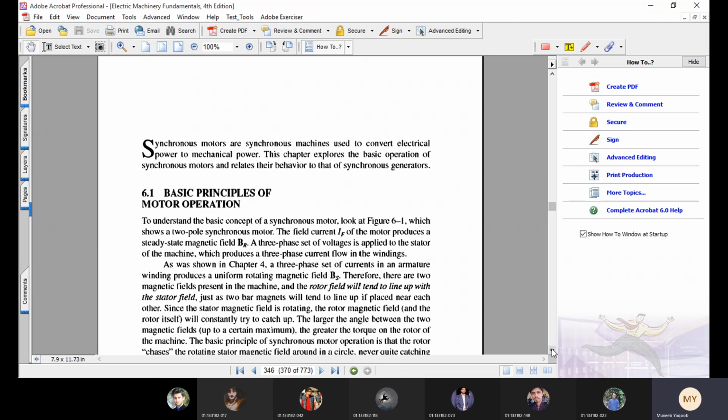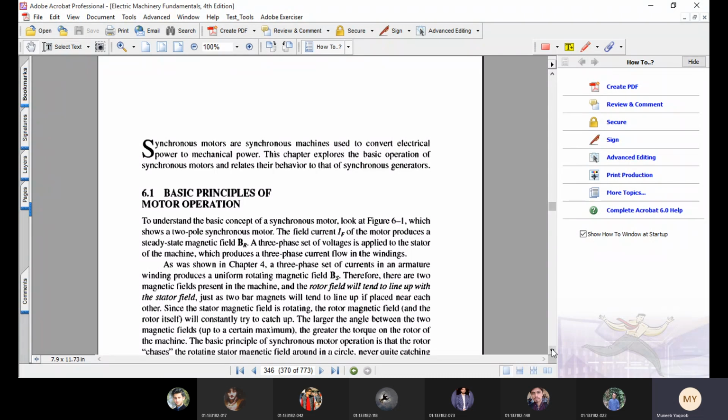These are a three-phase set of voltages that are equal in magnitude and differ by an ideal 120 degrees. These voltages produce a rotational magnetic field Bs. We provide the rotor winding with a fixed DC supply, so it produces a fixed magnetic field Br. Now the rotor's magnetic field Br tries to catch up or to be aligned with the stator's magnetic field, and